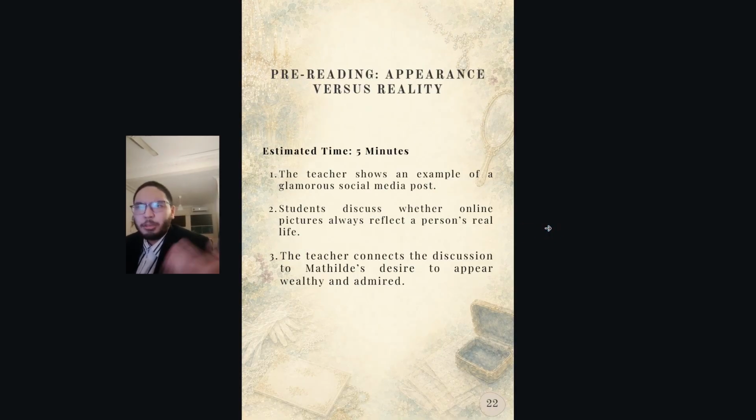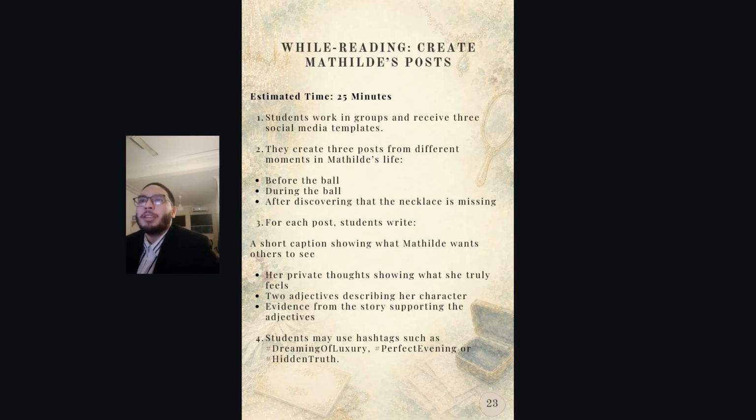Now, during the pre-reading stage, the teacher will show an example of a glamorous social media post, and then students discuss the relevant examples, the relevant topics regarding the social media posts. Then the teacher connects the discussion to Matilda's desire to appear wealthy and admired, in which case the short story itself. During the while-reading stage, the students will work in groups and receive 3 templates of social media, and